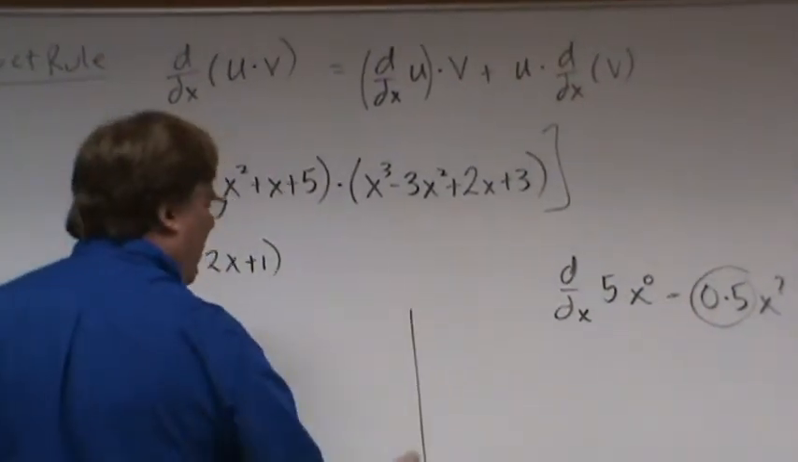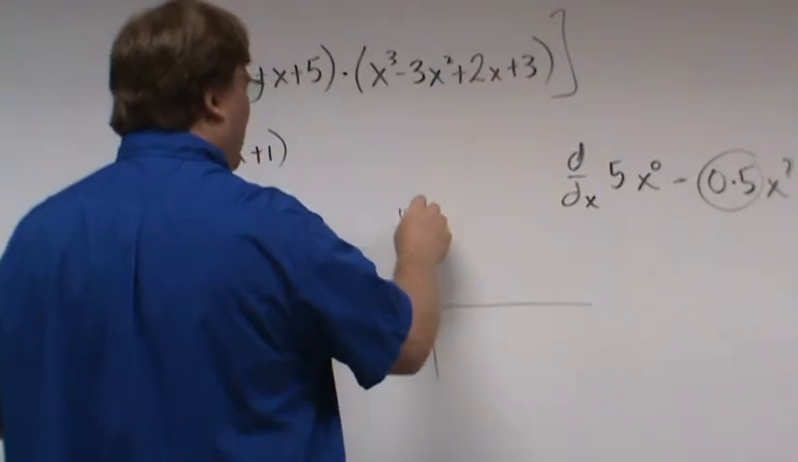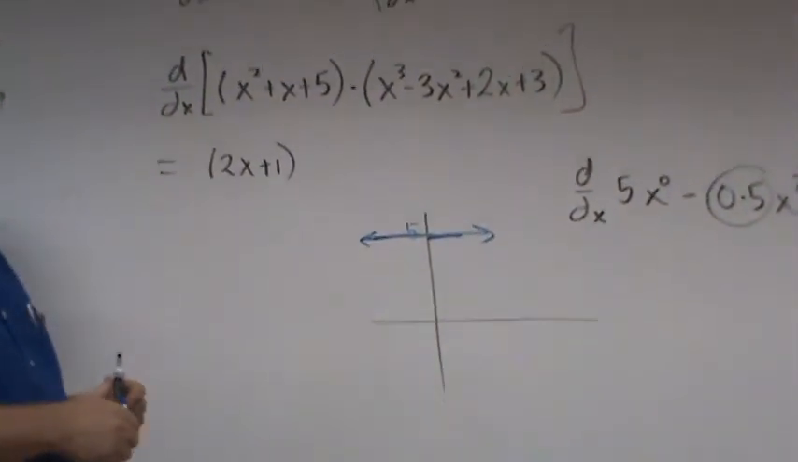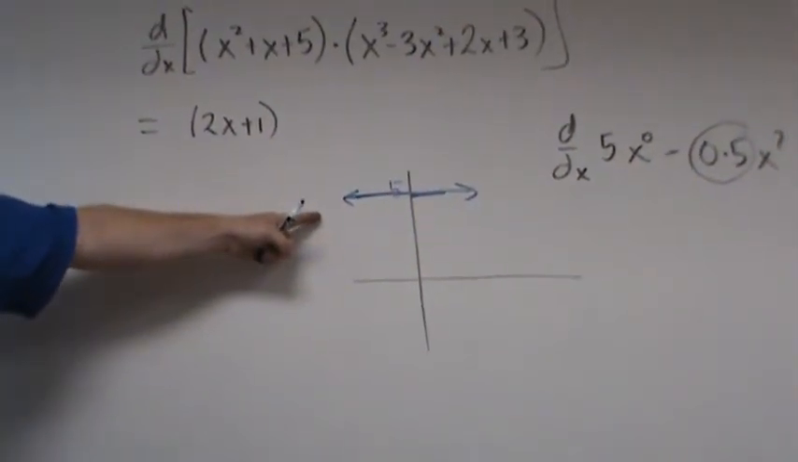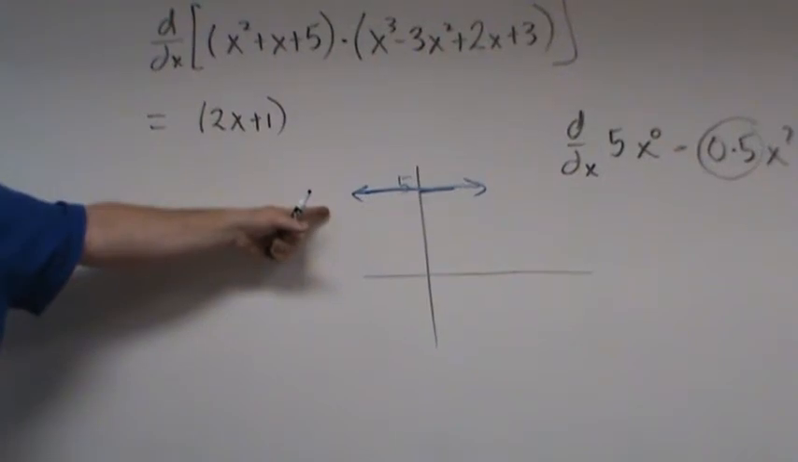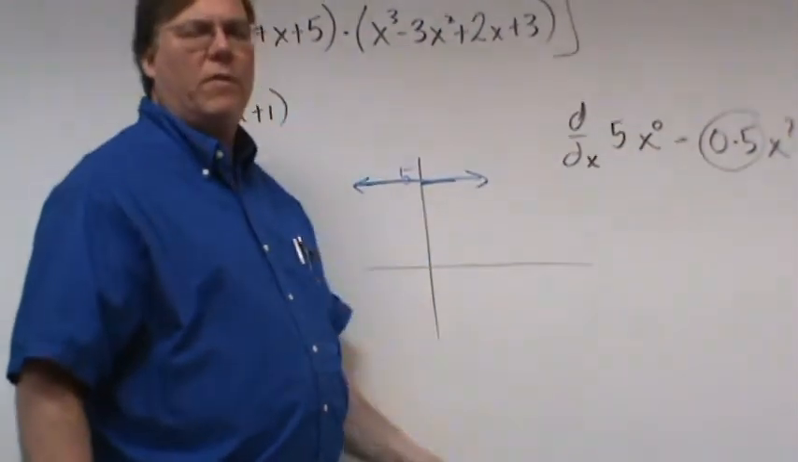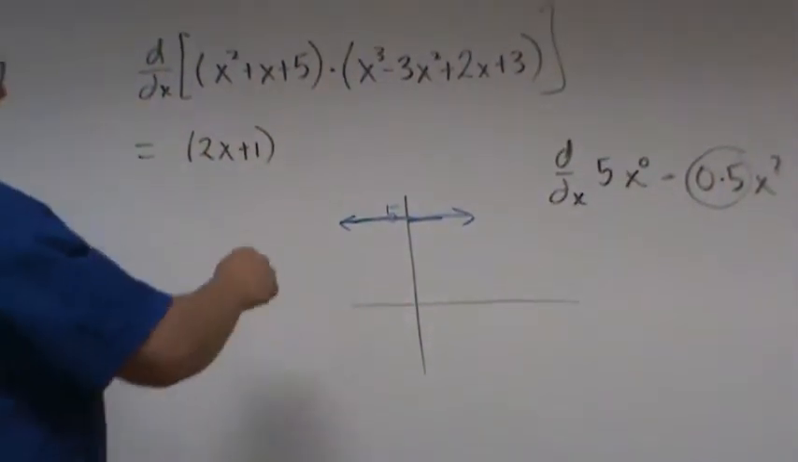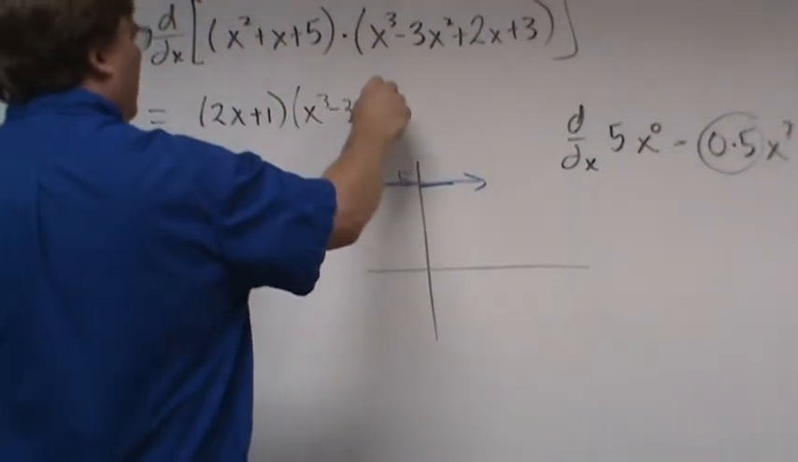Another reason is, remember, the derivative gets you the slope of the tangent. So if I've got this line, y equals 5, f of x equals 5, what's the slope of the tangent for every point on this line? 0, right? It's a horizontal line. So I hope it makes sense to you why the derivative of a constant is always going to be 0. So that's why I just get 2x, and then the derivative of the first times the second